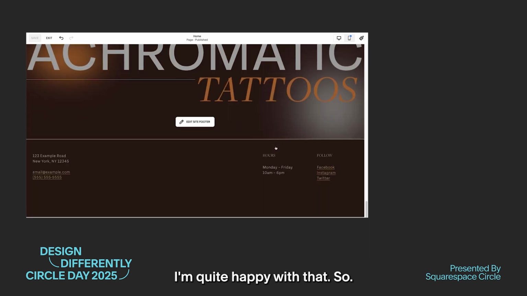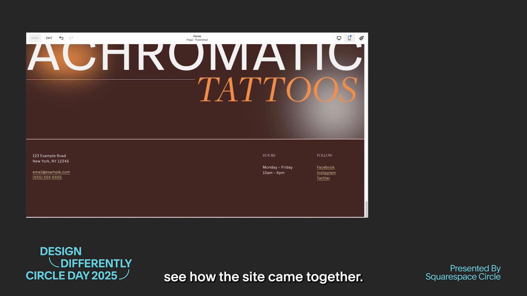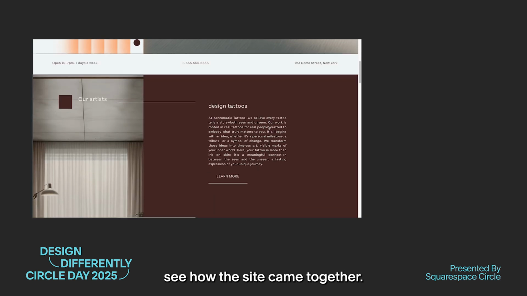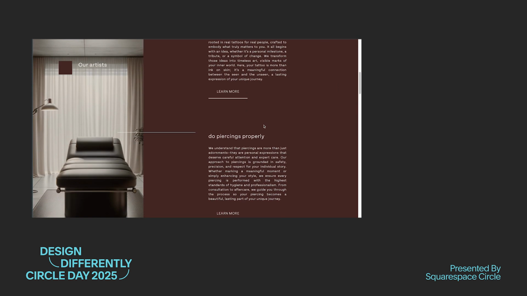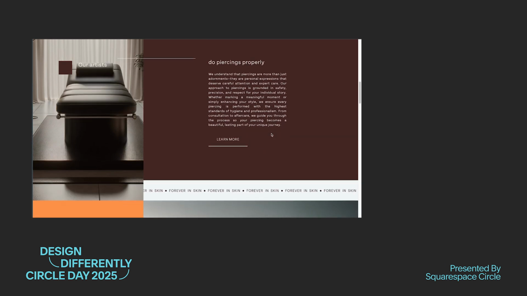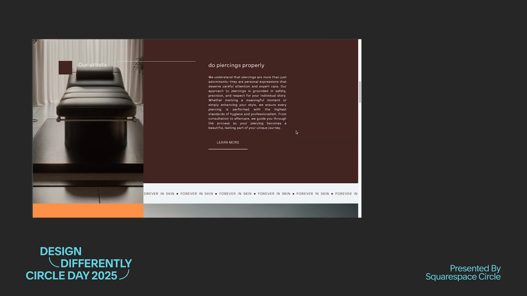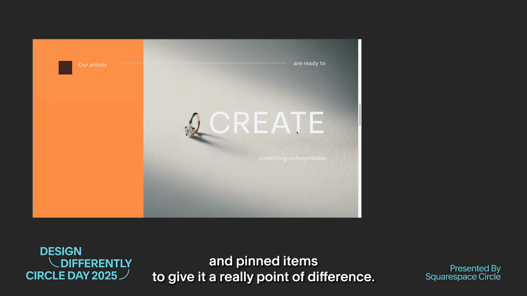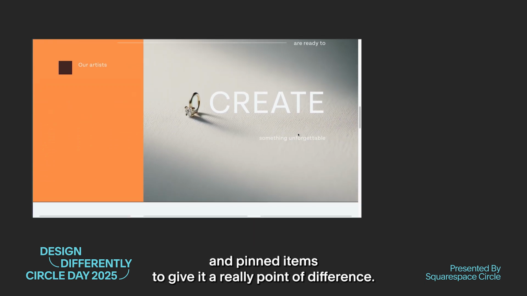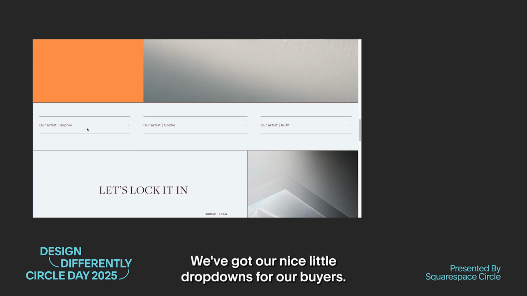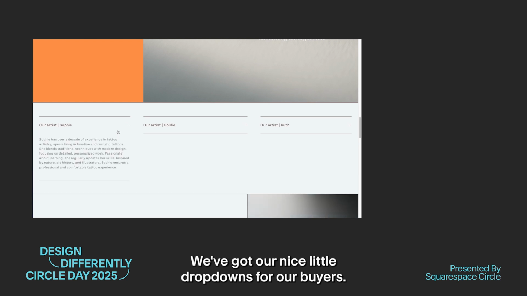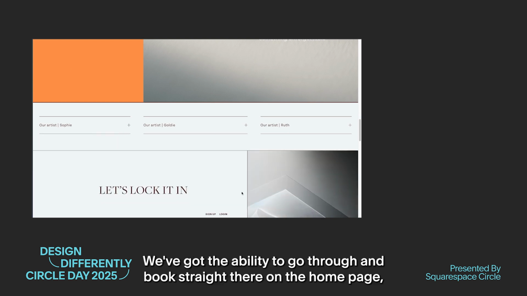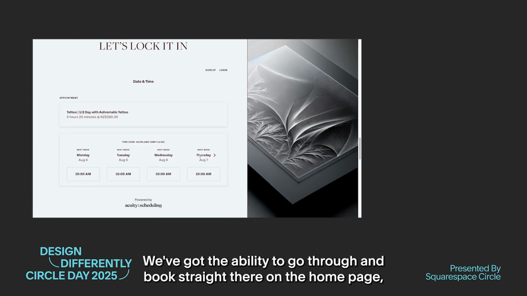So now let's have a look through, see how the site came together. So we've got that cool section that we've created with those layers and pin items to give it a really point of difference. We've got our nice little drop downs for our bios. We've got the ability to go through and book straight there on that homepage,